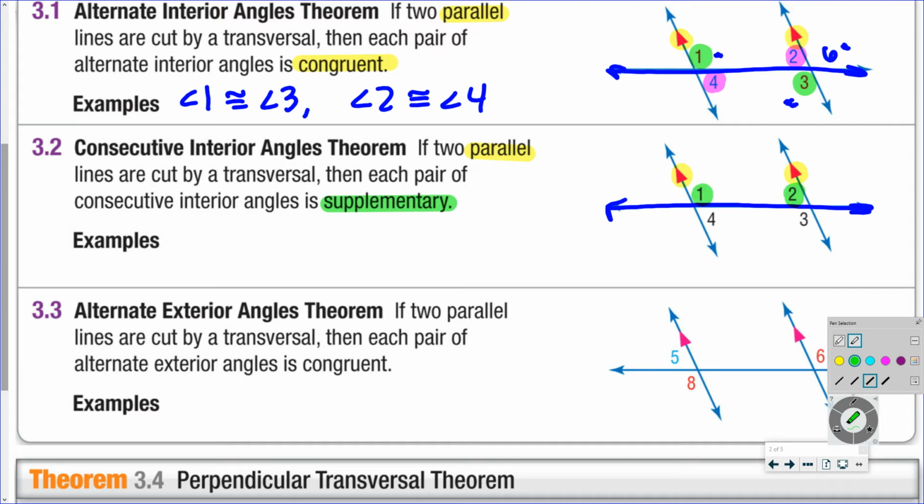So 1 and 2 are consecutive on the same side of the transversal, interior. 4 and 3,